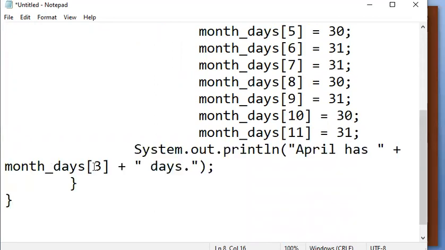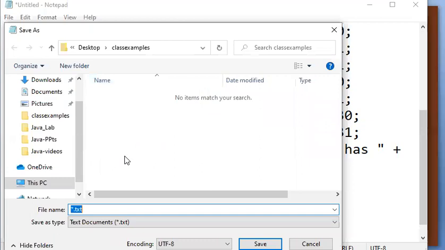So month_days[3], you will get how many days April has, and that will be displayed here. Okay, so when you want to save this and execute, the name of the class is array, so I'm storing that in array.java.